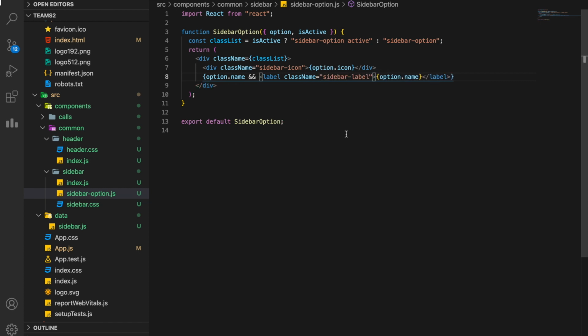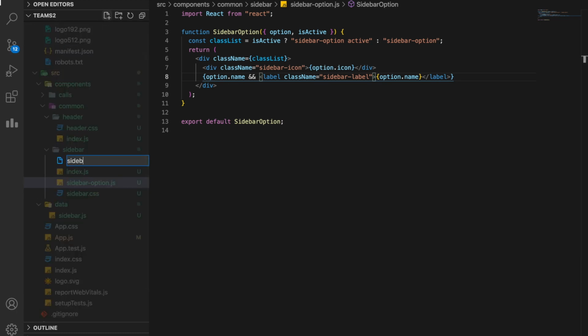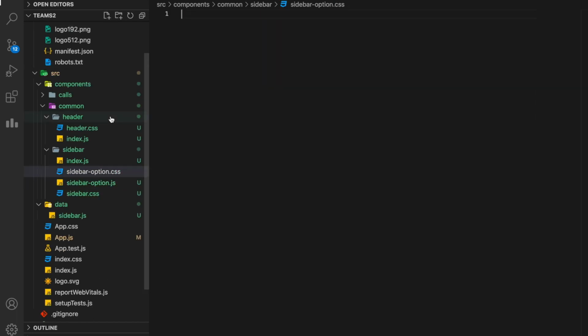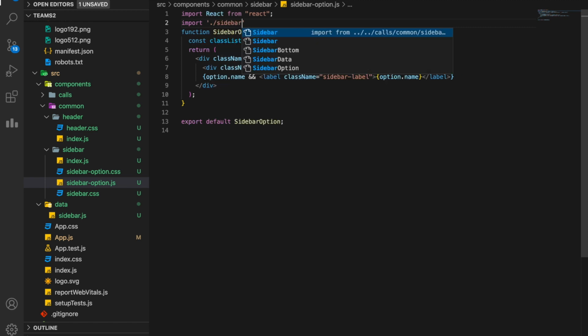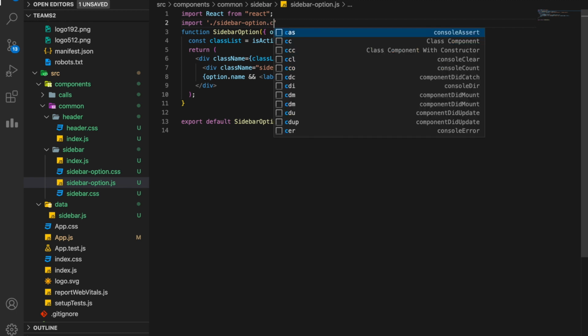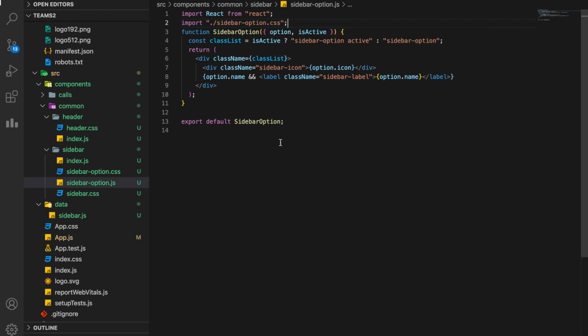Okay, perfect. Now we just have to create a style file for this. Let's call it SidebarOption.css, and import it here. Perfect. Now we have a style imported.